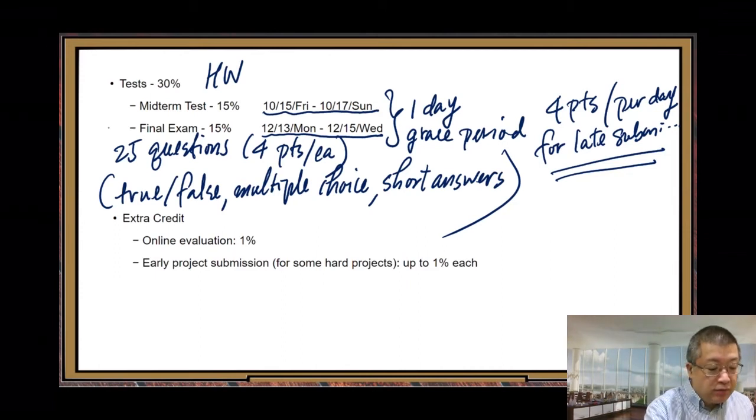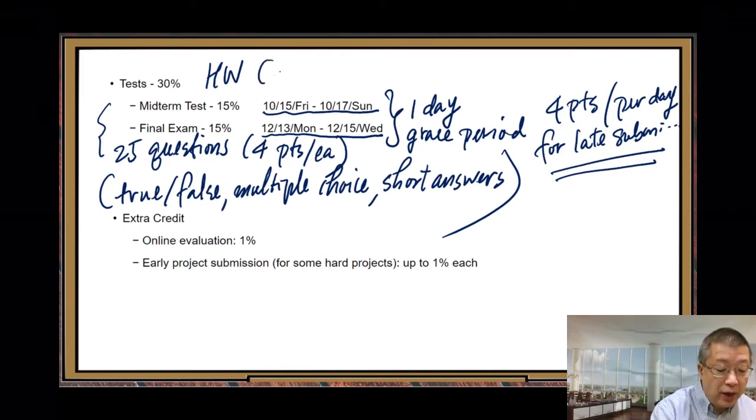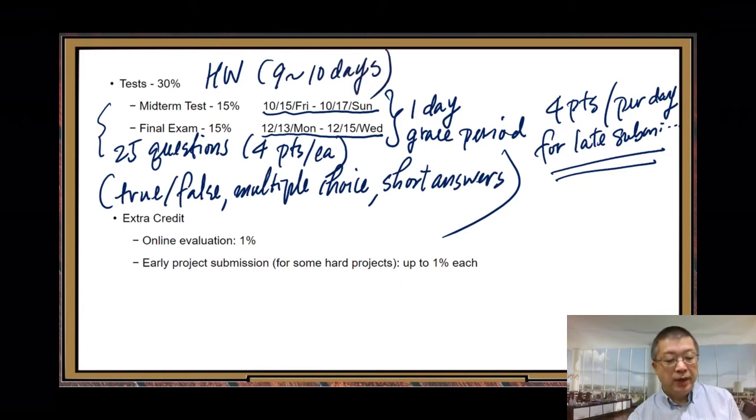same question style, same number of questions, but for each homework assignment, I usually give you 9 to 10 days to complete. So you can see that's much longer than test time. That's natural, because for the homework, you need to study the notes, watch the videos, you need to do a lot of work, study, work. Then you